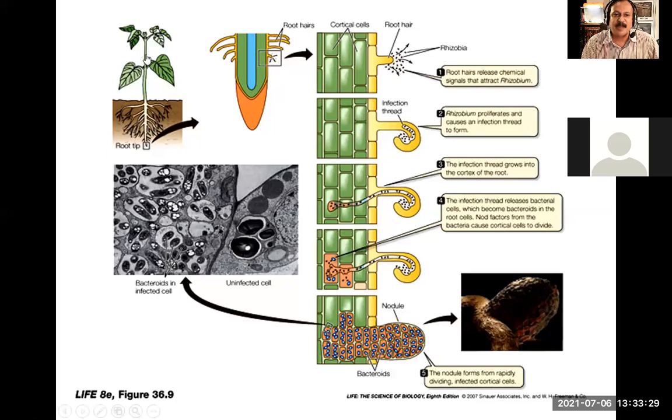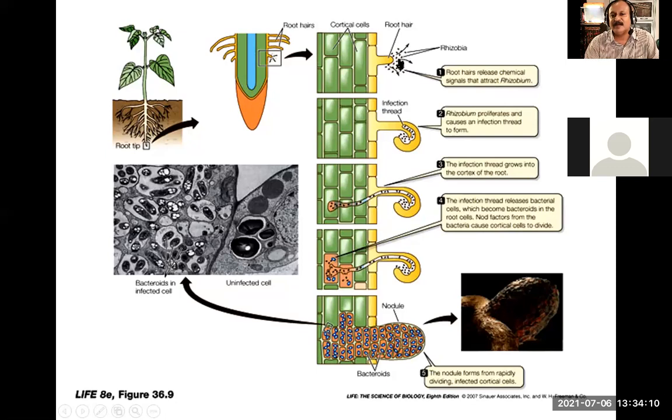This is the plant growing in the soil, the roots are shown here, this is the root tip, and these are the root hairs. This is a magnified view of the root hair. The plant is going to secrete some biochemical which is identified by the bacterial cell as a positive sign. That is an invitation the root hair gives to the bacterial cells, and with that invitation, the bacterial cells will go close to the root hair, in this zone, the rhizosphere.